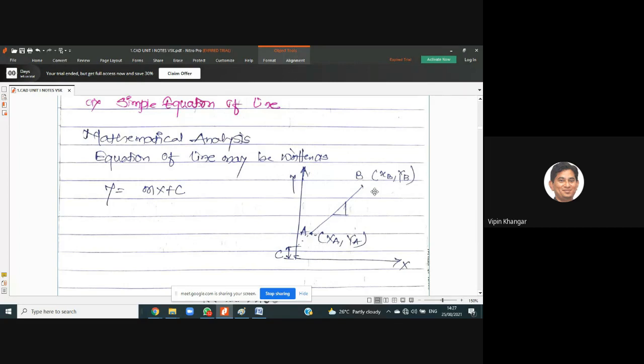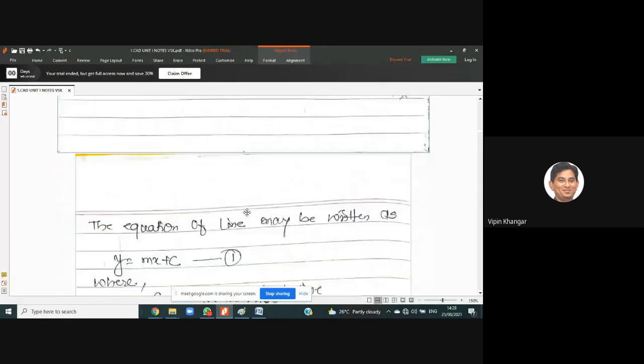So basically, how can you define this line? By the equation y is equal to mx plus c, where m is the slope. You can see here the slope. I have drawn the vertical and horizontal line through which you can calculate the slope of the line with the help of the m function, mx plus c. M is the slope, x is the coordinate, and c is nothing but the y-intercept. If you extend this line, it will intersect the y-axis, and that is nothing but your intercept on the y-axis. Okay.